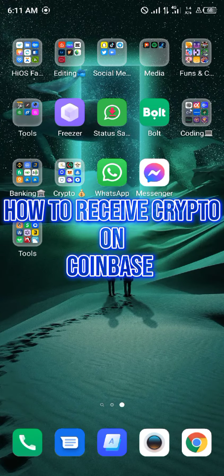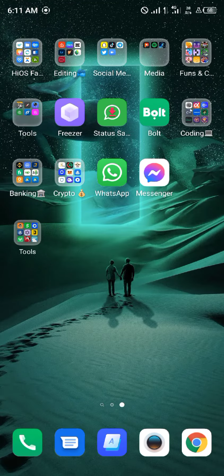And in this quick video I'm going to be showing you how you can receive your crypto on your Coinbase mobile app step by step. And our first step is opening up Coinbase, and once it's opened up,